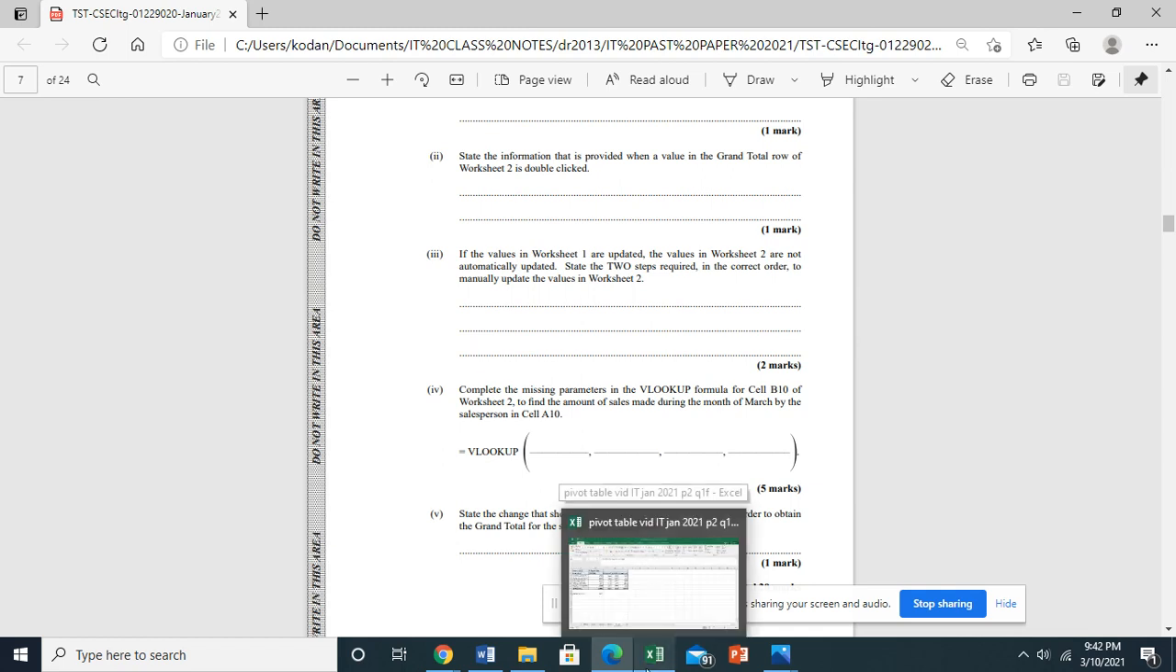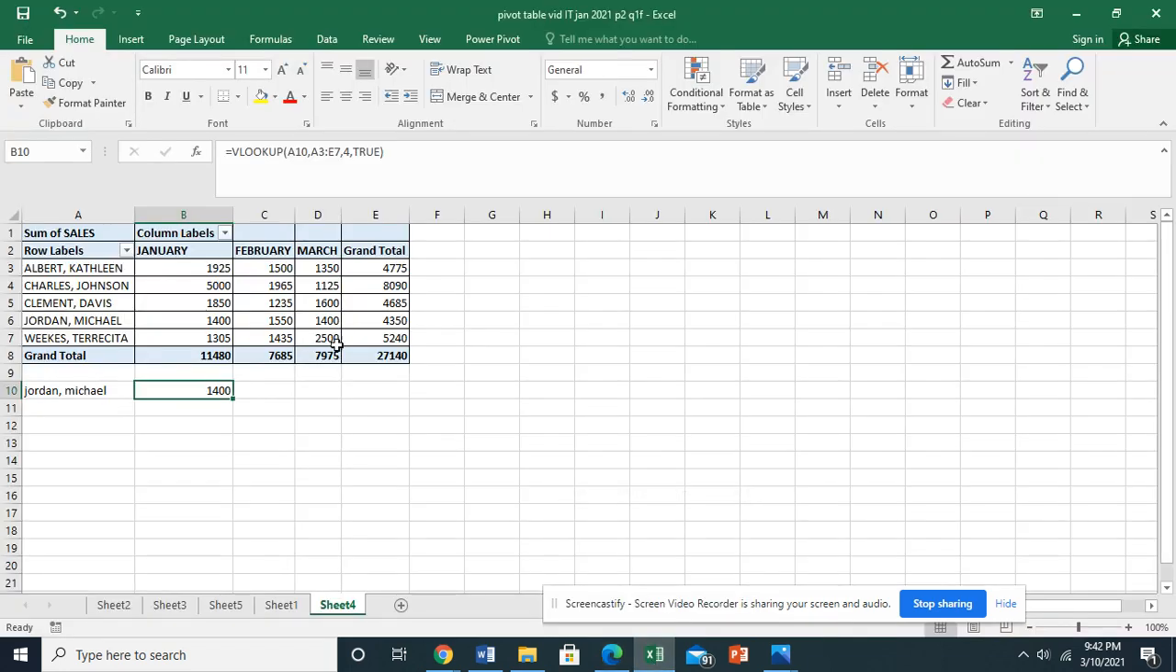Basically, all you need to change is the column value. I will change this to 5. I press enter. Jordan Michael, if you notice, his grand total is 4,350. If I were to type back the original